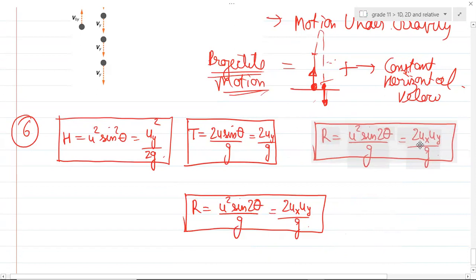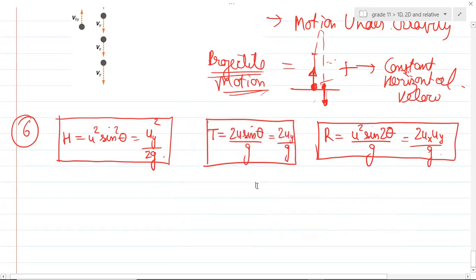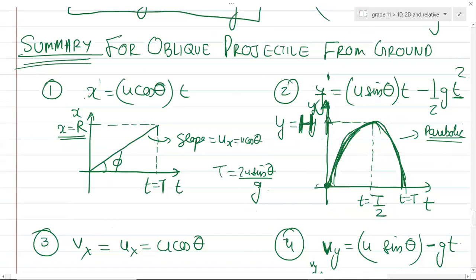So guys, these are your three formulas which are going to be very useful. Okay, write it down. So this is all about the summary for projectile motion. The next class we'll be doing questions based on this, and we'll see some more good results in projectile motion, oblique projectile. Okay, guys. These are the three formulas we learned today, all the formulas in the summary I've written, which are going to be useful in the notes.